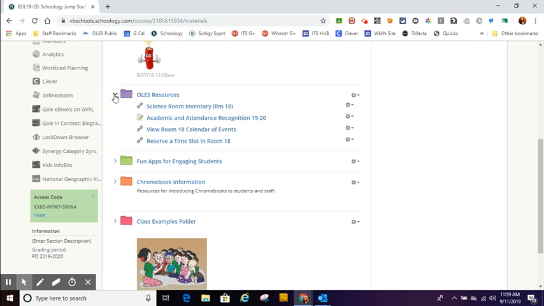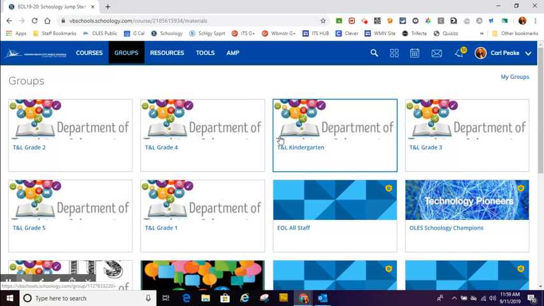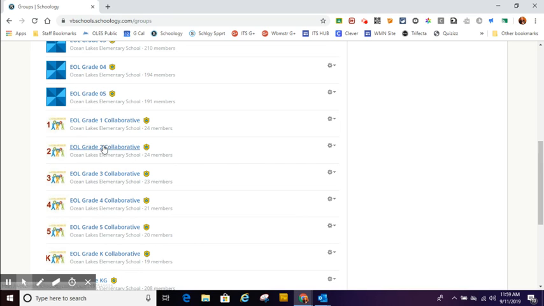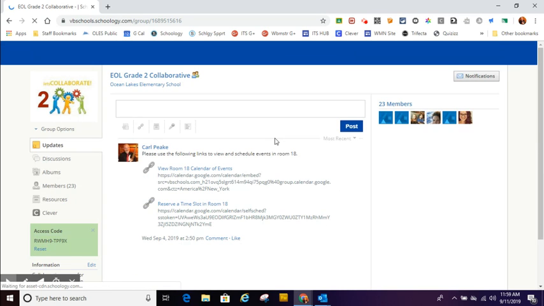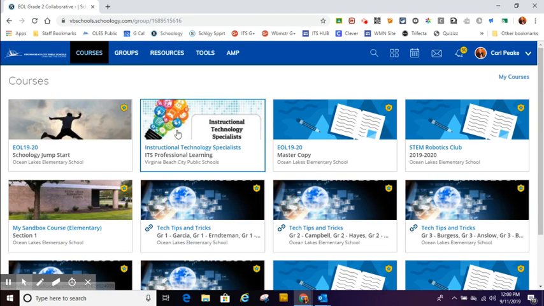All right, and just so you know where else this appears, if you go to groups, and if you're looking at the collaborative groups, I've also put links in there too. So that just happens to be as a post under updates. So you could go in and access the calendars. Same link, just a different way to get there. All right, so I'm going to go back to my course here